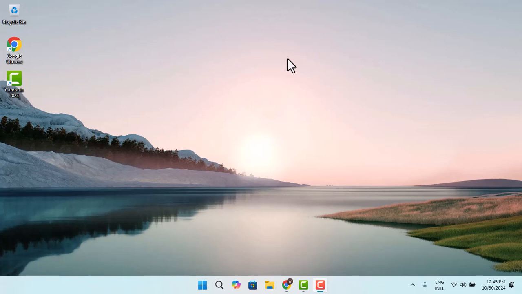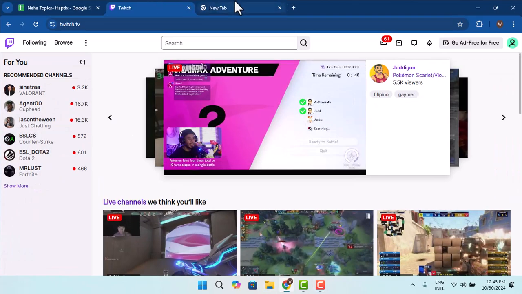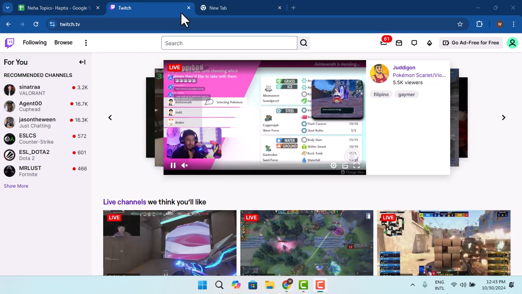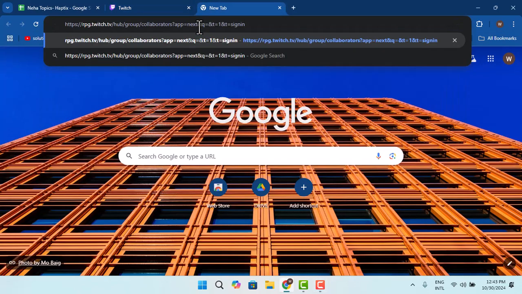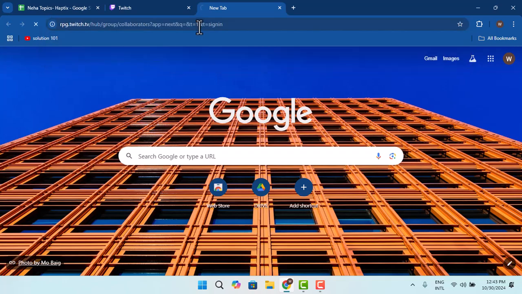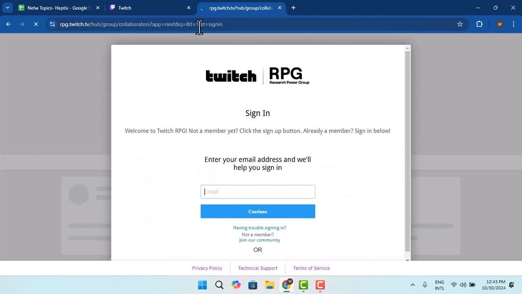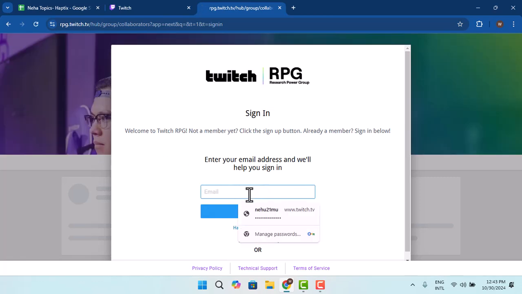In this video, I'm gonna let you know the ways to get bits in your Twitch account. In order to get bits in your Twitch account, you could do this by following the simple steps. Open up a browser and then you could go ahead and open up a new tab. And once you're on the new tab, type in rpg.twitchtv.com/hub group collaboration. Here you'll be taken to this page where you need to go ahead and sign in with